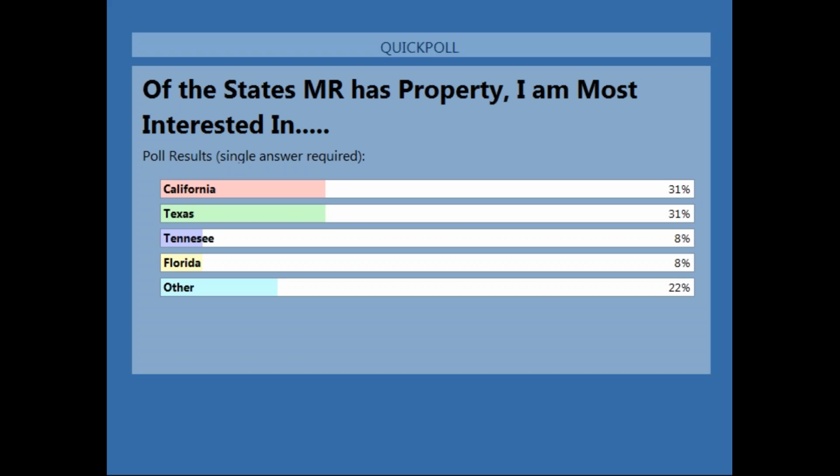Property values, right? By putting at least 20 to 30% down, you're going to ensure yourself at least some positive cash flow. So if you're worried about buying at the top of the market,